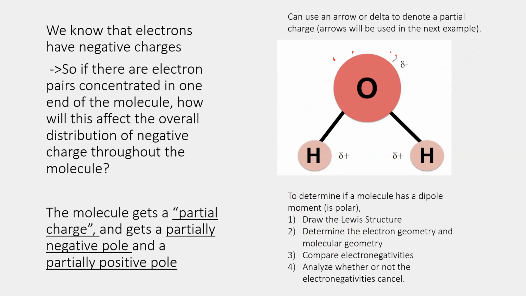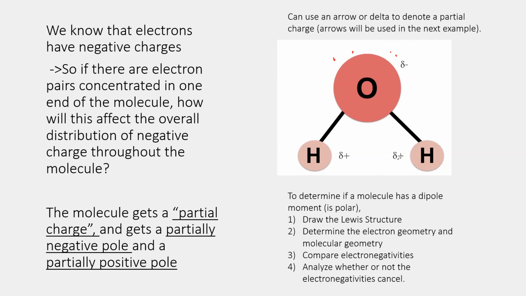So if there are lone pairs up here, then how is the overall negative charge distributed throughout this molecule? More of it is up here, and on top of the fact that oxygen is a more electronegative atom, that creates a partial negative charge up here. And that also creates a partial positive charge on the hydrogen. So